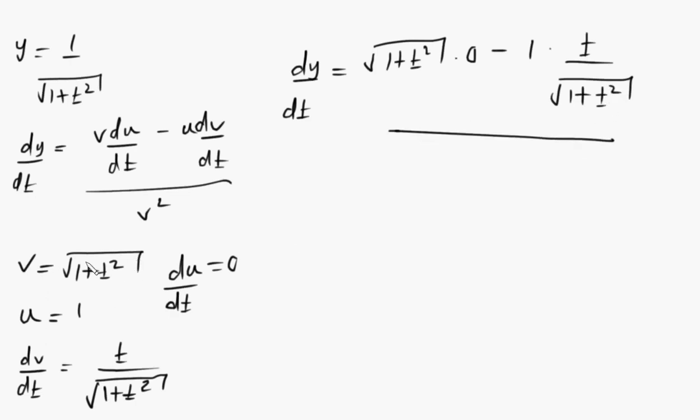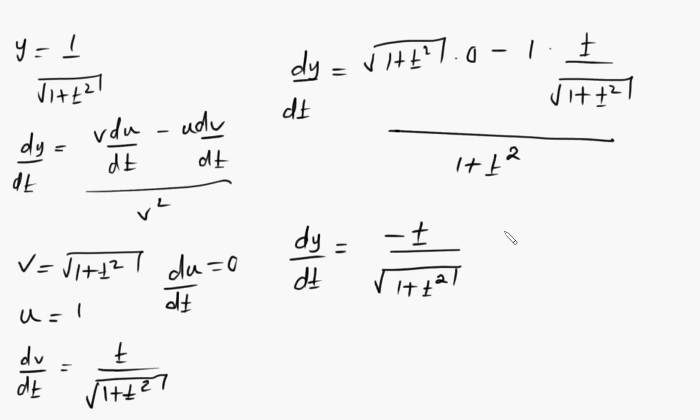V is this one. If I square this, the square root goes away. I remain with 1 plus t squared. So my dy dt now is going to be equal to, this times this is 0. This is just negative t over the square root of 1 plus t squared times, don't forget this guy here, it's just 1 over 1 plus t squared. So dy dt